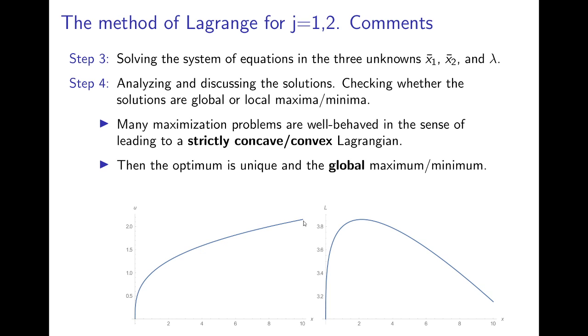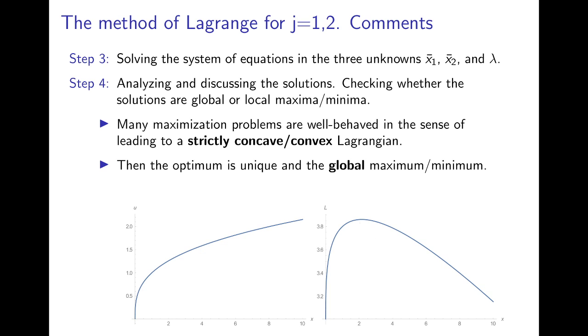So if we subtract from this a linear budget constraint, as we would do by the construction of the Lagrangian function, just multiplied with the Lagrange multiplier, then we would get a strictly concave curve, the Lagrangian in the end, that would have one unique maximum, and this would be the unique global maximum to this optimization problem. And as I said, many problems in economics are structured in a way that this is the case,